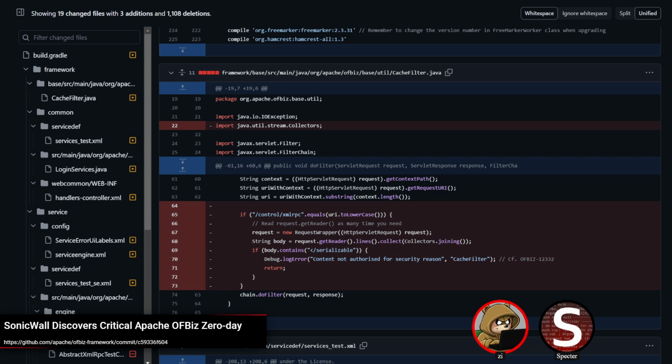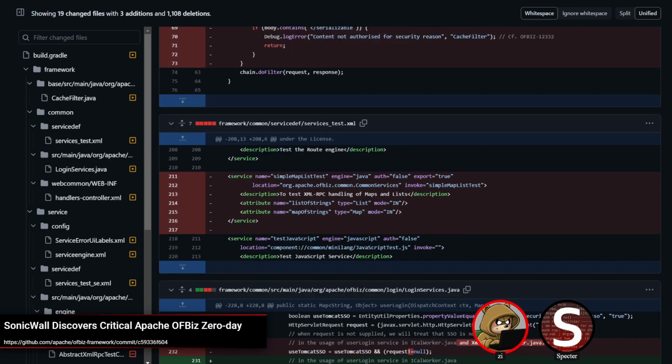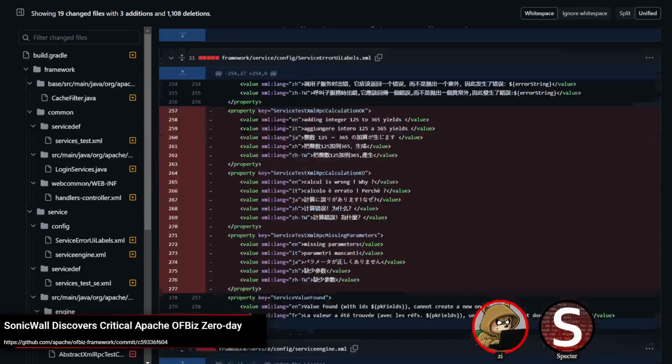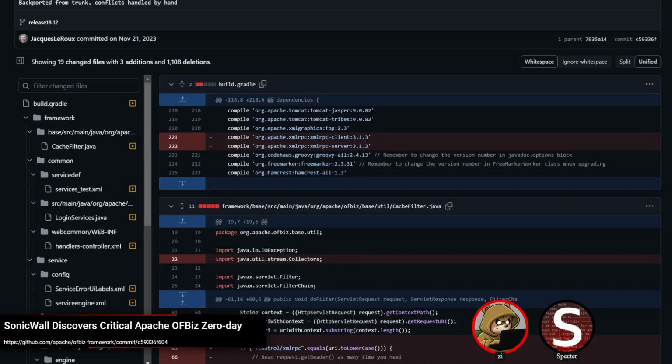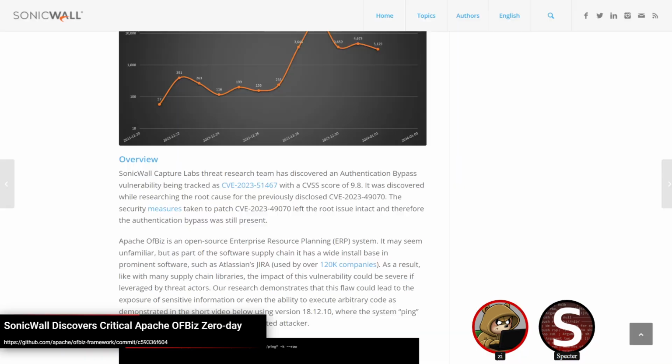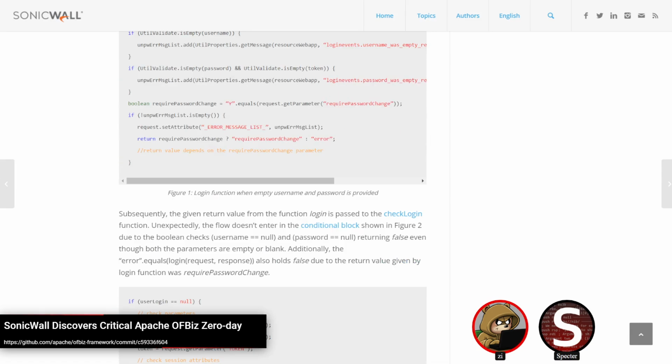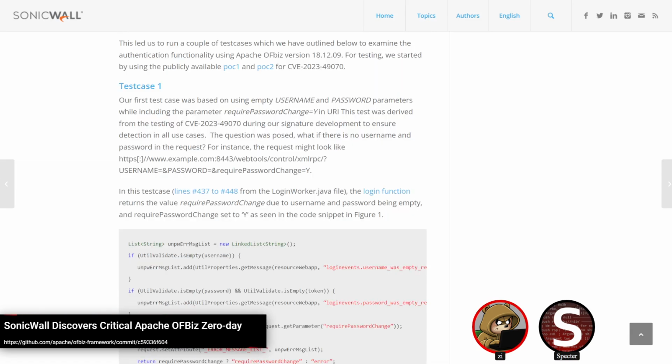That was their fix, ignoring the auth bypass aspect of this, where hitting that point and being pre-auth was because of the inclusion of the string there. So they just removed it here, thinking that that would fix everything. If we just get rid of the XML RPC, there's nothing you can do. Turns out it is just generically an auth bypass, and that's because of one function in particular, which is their login function.